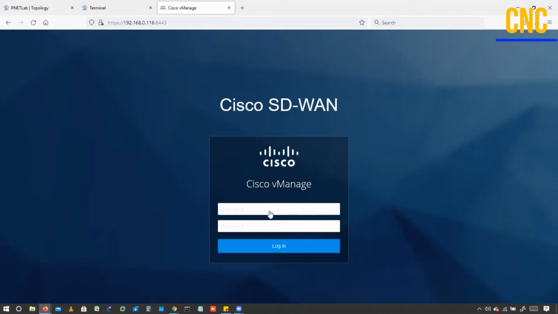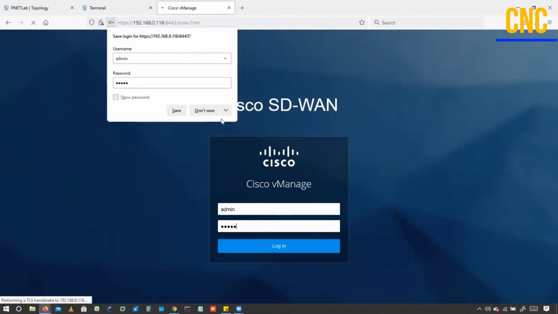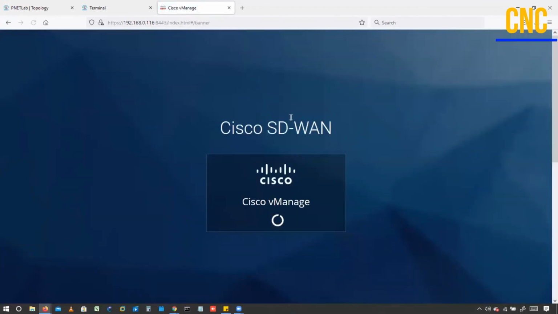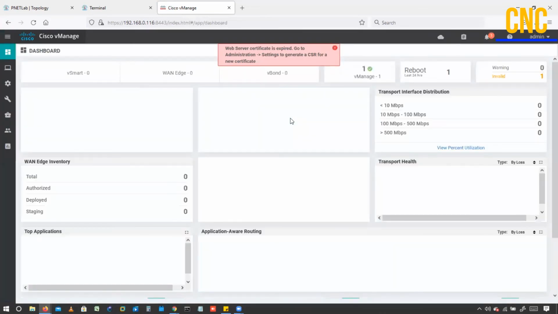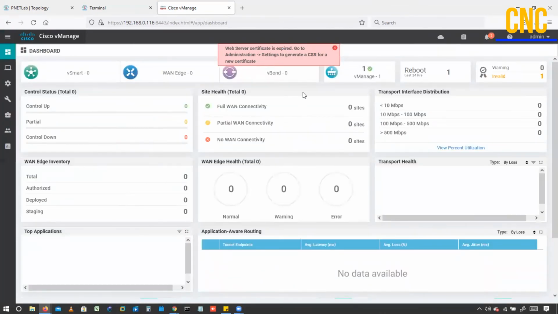Okay. Now for the management, for this dashboard, the default credentials are admin. So just use admin here, admin. Cool. So this is the vManage dashboard.